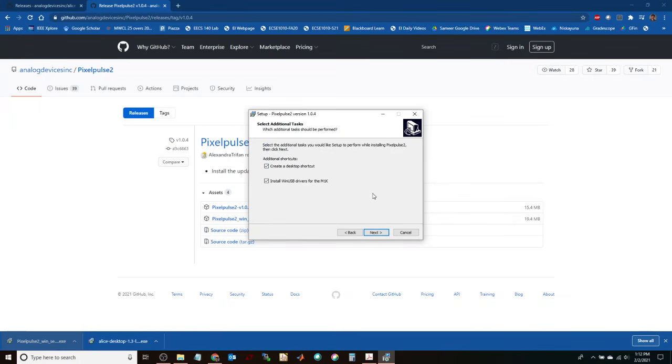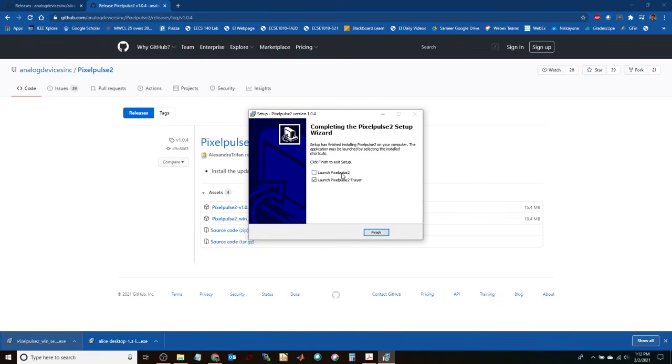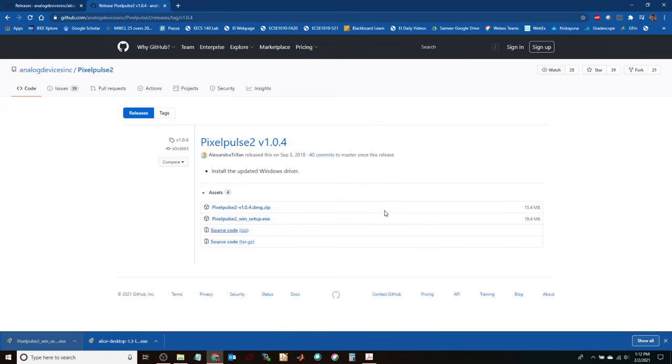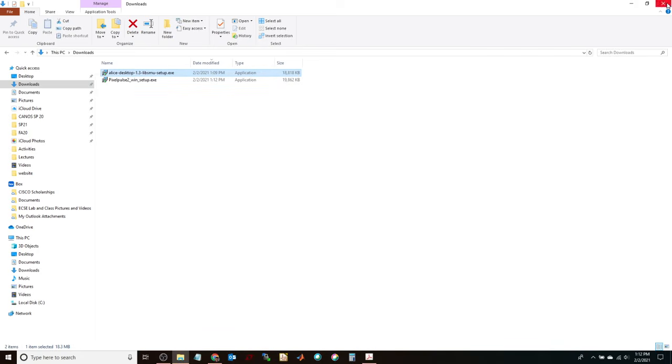You can leave these options as is. And say next, install. I'm going to go through and install the software. And after this is done, say finish. And right now I don't want it to launch anything. So once you do this and go back to your desktop, you should be able to